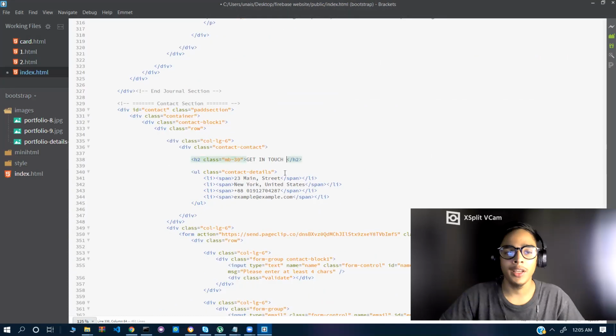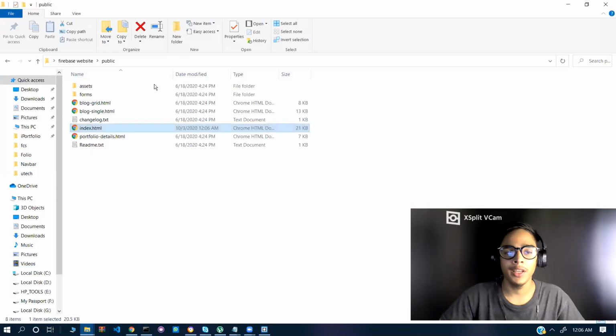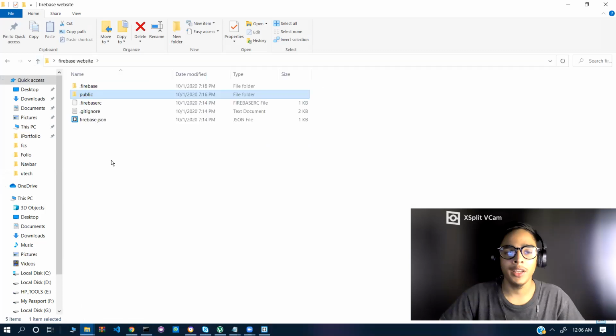I am just making changes like this because I want to see that when I deploy my website, the change will be uploaded or not, just in case. So just save it and go to the public folder.